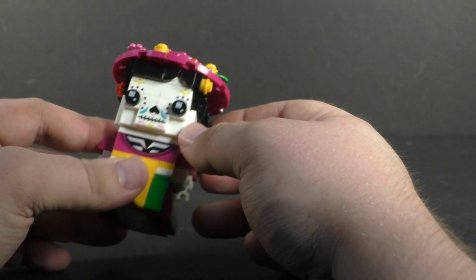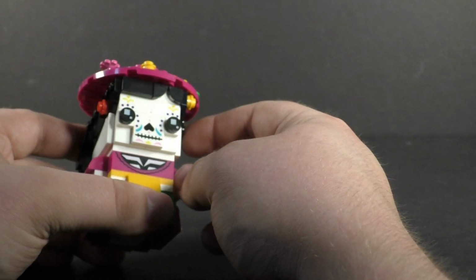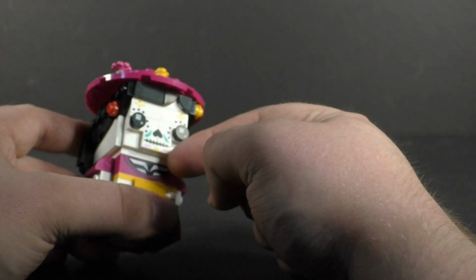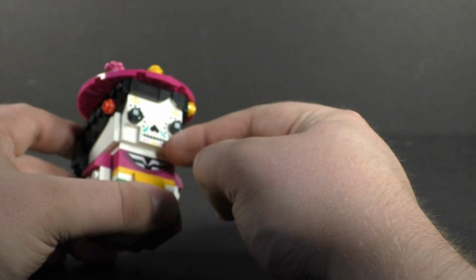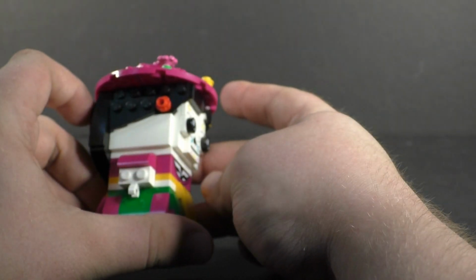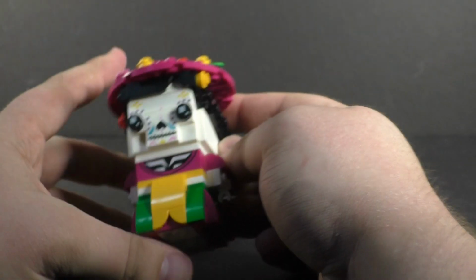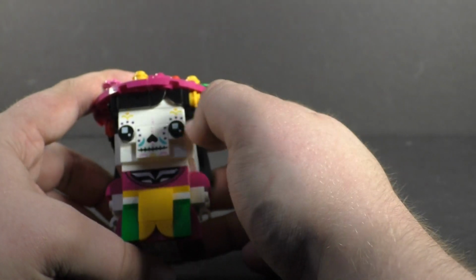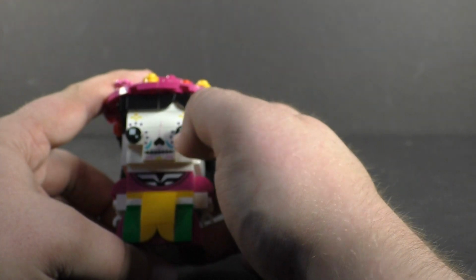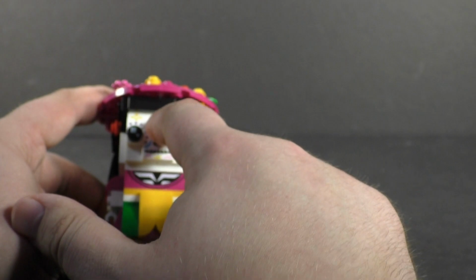The front face, they tried to do this kind of sunken look like they did with, I believe, Jack Skellington. They also made it look a little sunken, just to get that skull look. And from certain profiles, it does look very skull-like. And then printing-wise on the front here, we do get the standard Brickheadz design here, and then you do get a printed part here and here, just